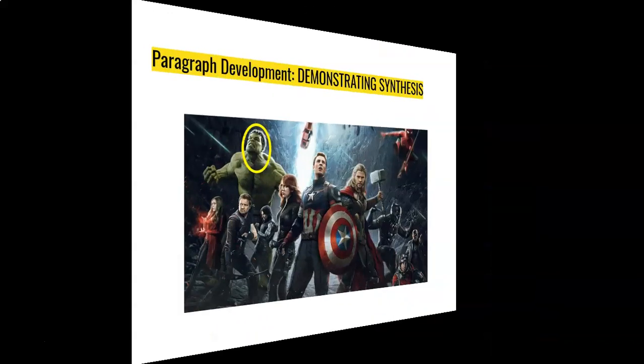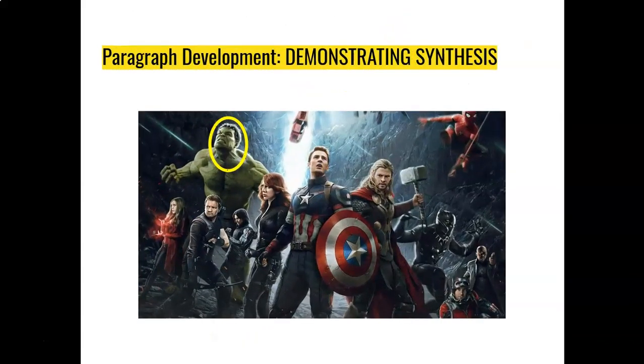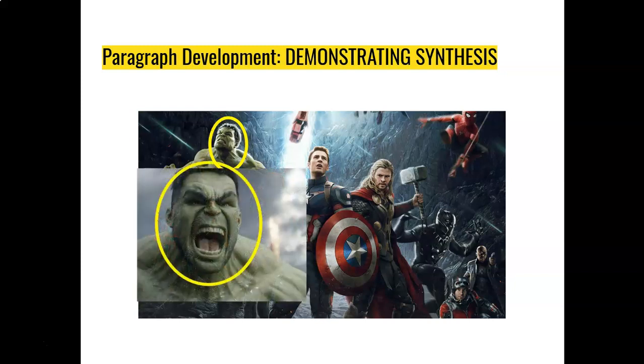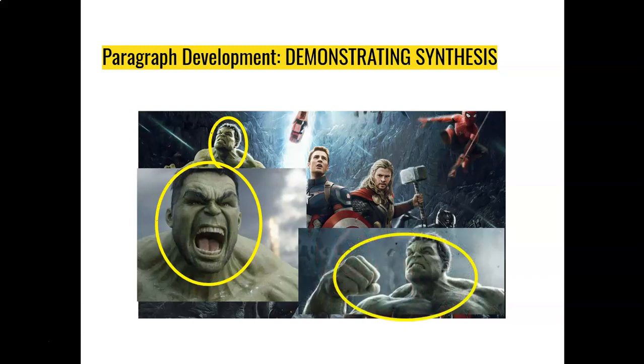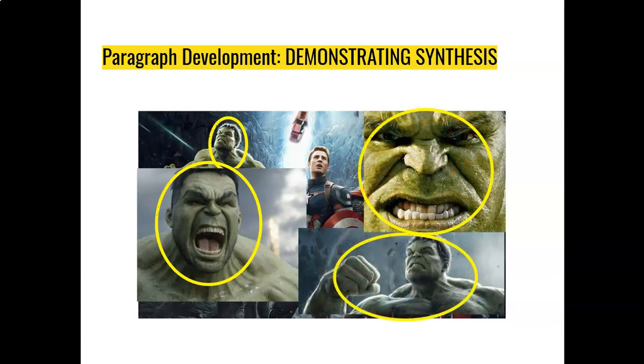This is very different from using one source repeatedly, from having just one strength. For instance, the Hulk is just strong, so he'll Hulk smash, and then he'll get really mad, and then he'll Hulk smash some more, and then maybe you might have Steve Rogers come in and try to settle that down. It's not as effective because you get so much of the same thing, so many of the same pieces, that we lose that function of the team. Think about your sources like your team in order to demonstrate stronger synthesis.